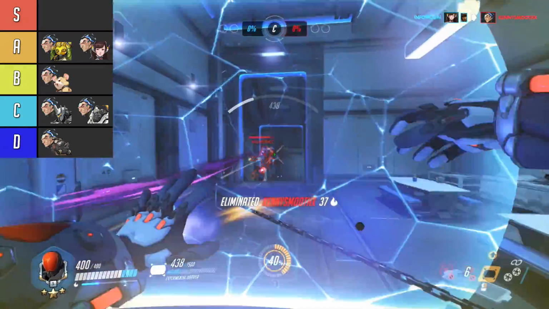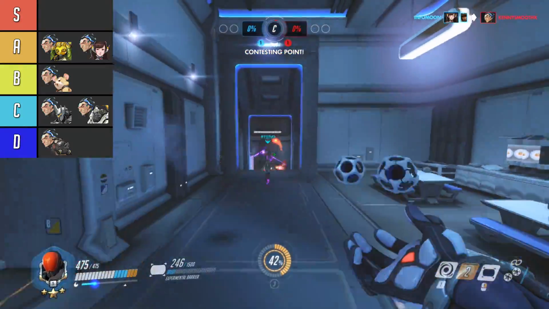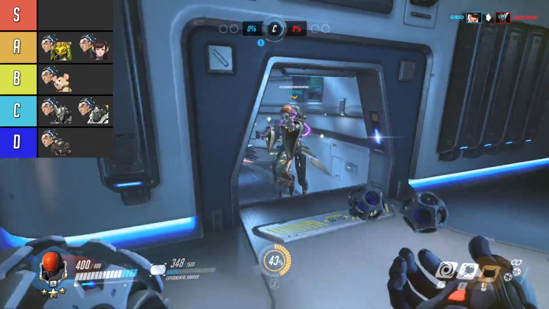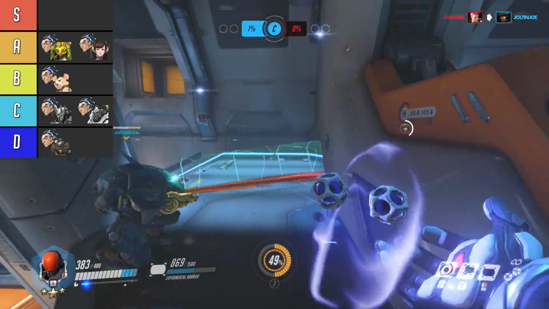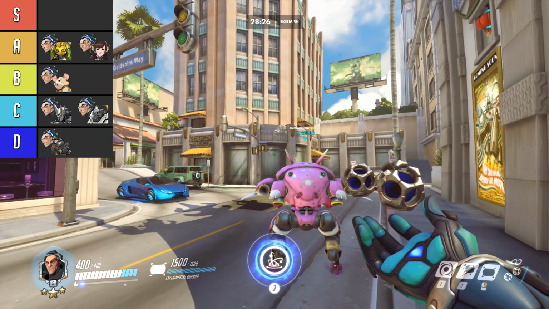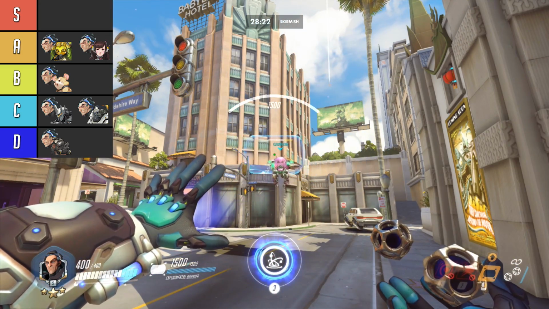Not to mention that Sigma has his own kinetic grasp that can help out with that as well. This combo does mean that Deva needs to play a little bit more passively than she normally would in a dive comp, but she can still be quite effective. One of the strategies that I mentioned earlier was how Sigma can throw his barrier out in front of a charging Reinhardt in order to better protect him. Well, you can do something similar with a Deva who's trying to dive into the enemy backline or up onto